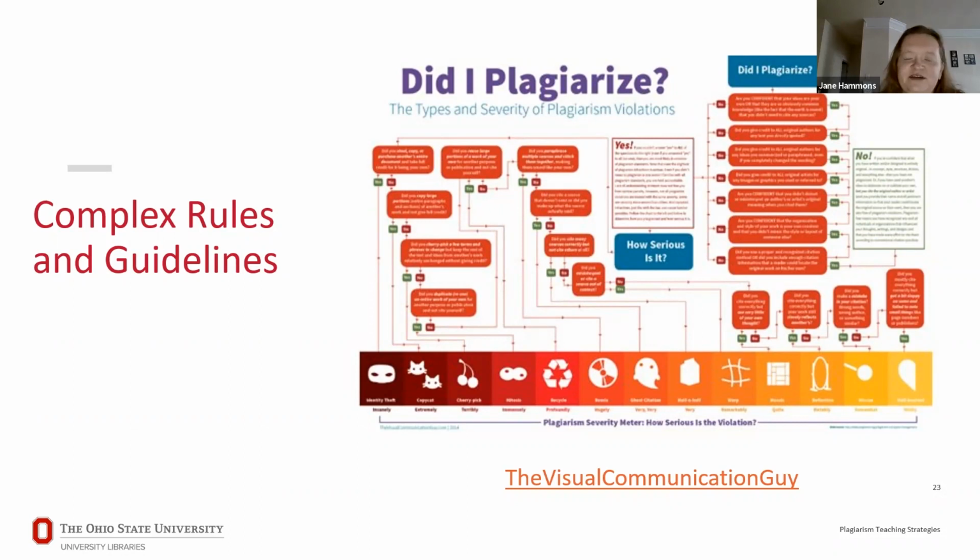This is just a visual I took. It's from a blog post called the Visual Communication Guide, and the full citation is in the links there, or in the references. But this was one that I found, and I think there are like 13 different levels of plagiarism here, and you can see all of the different lines going through. So it's not always as easy to recognize if we plagiarized and if we did not.